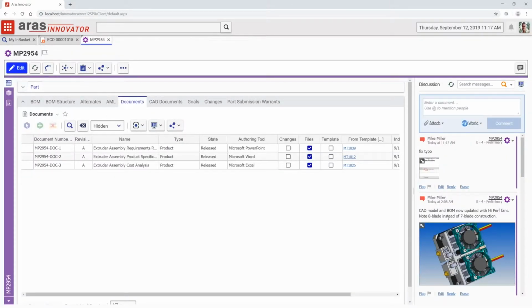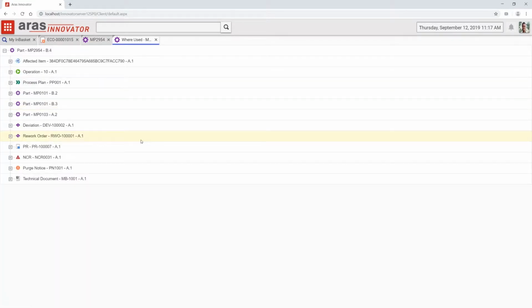This is a subassembly, and it happens to be used in another top-level product, and that's easy to see by just clicking on a where used, and I can see, as I would expect, some parent assemblies, but also anywhere else that this is touched within the system. So this really talks about the platform of the Aras PLM system that allows us to leverage the same data throughout the system to do things like a project, a process plan, a technical document, all referring to the same single source of truth.